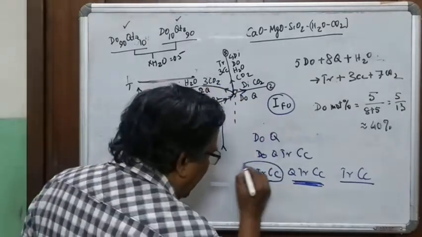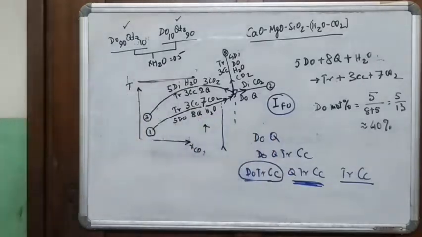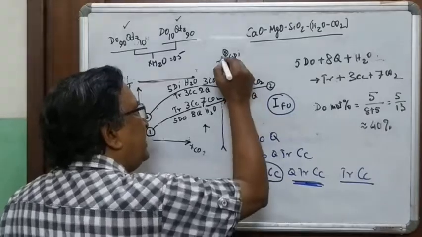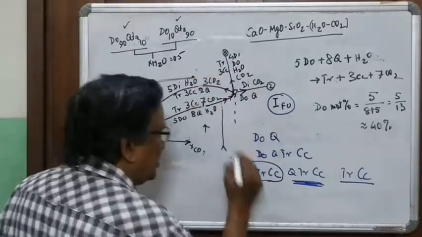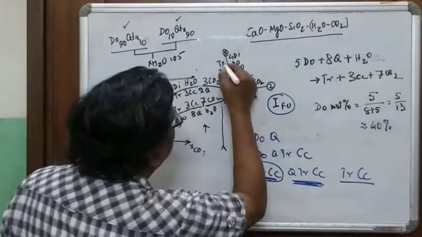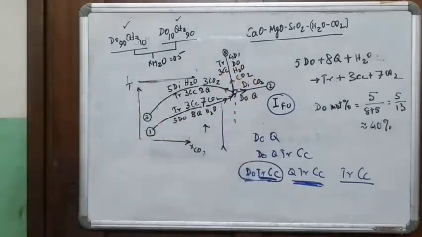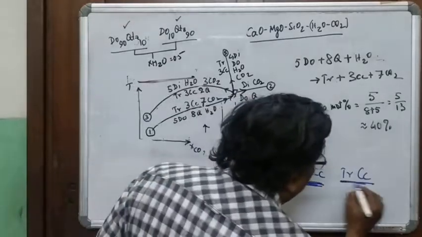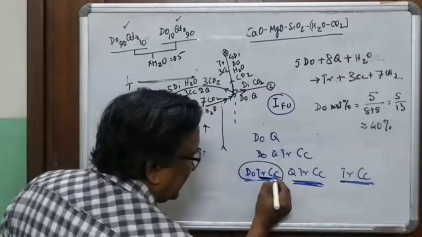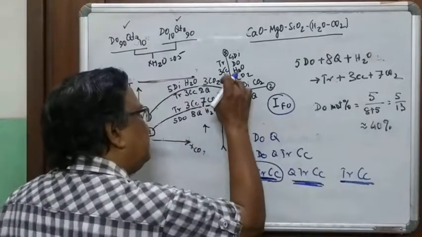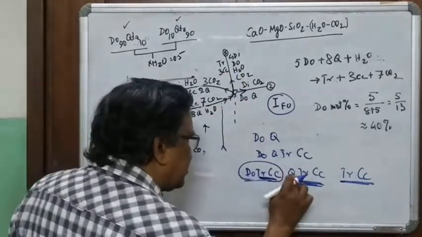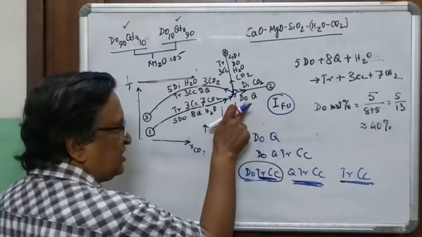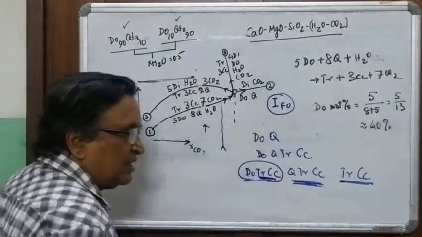If you have dolomite, tremolite, calcite, then you can see what will happen. You will also follow this reaction. Why? Because tremolite and calcite react here. You don't need dolomite. So tremolite, calcite and dolomite, tremolite, calcite both follow this. If you have quartz, tremolite, calcite, you follow this path. If you still have dolomite plus quartz existing, then you follow this path. So it's like